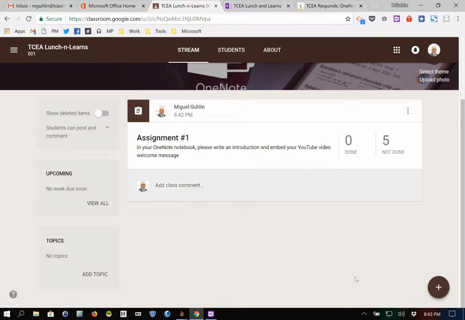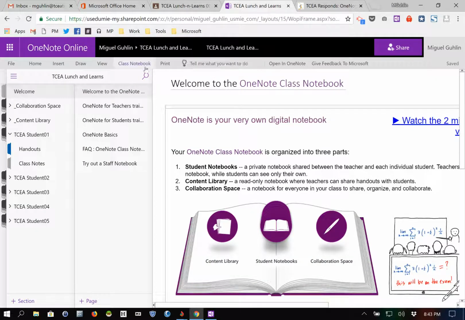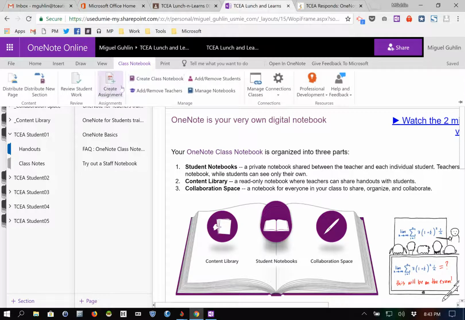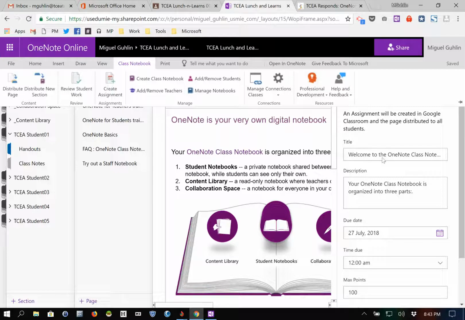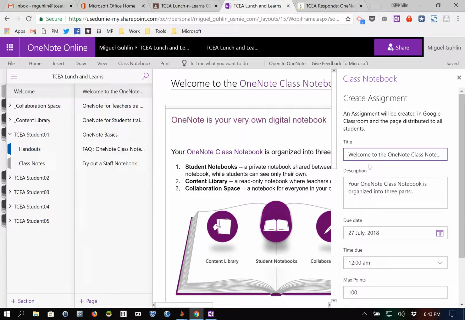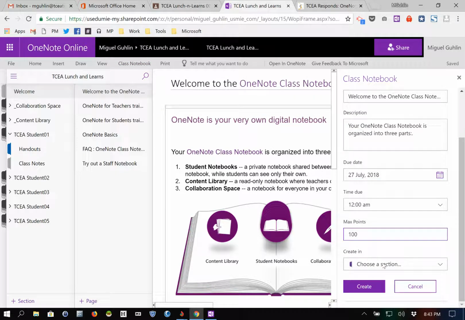But at the very least, we actually have this integration that's possible. I'm going to guess that as soon as they start, let me see if I can create an assignment here and have it go back the other way. I'm just going to leave those standards there and drop it into class notes. Click create, and I'll be curious to see if this assignment gets created in